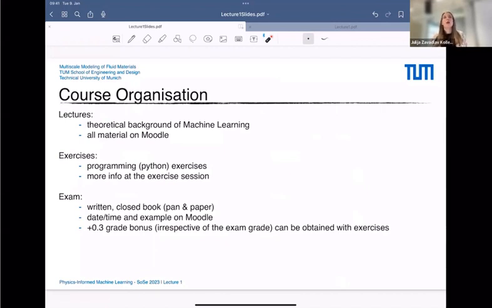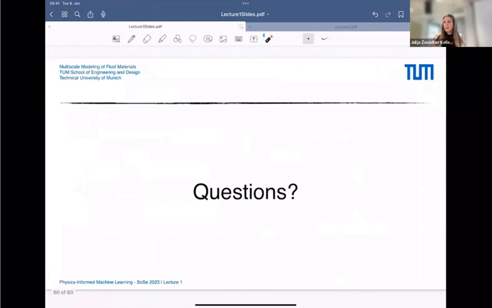And if you solve exercises or you submit exercises, then you can get a bonus to your grade, okay? The maximum bonus that we give you is 0.3 grade bonus to the exam grade. You get this irrespective of the exam grade, and this bonus is transferable to any later semester. So if you do the exercises in this semester, you can use this bonus in any other future semester. Okay, good. So with that, are there any questions